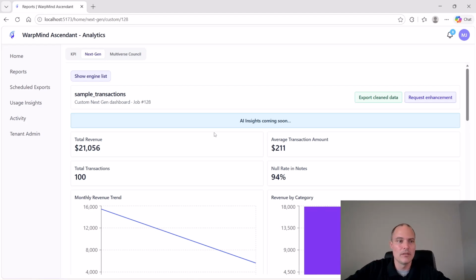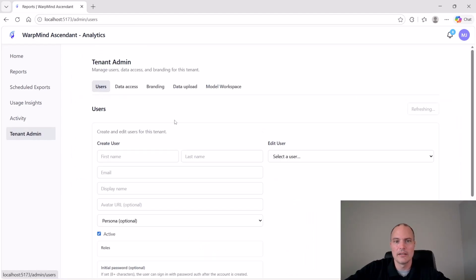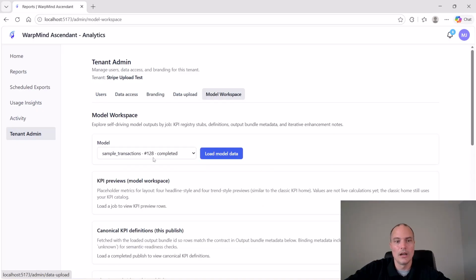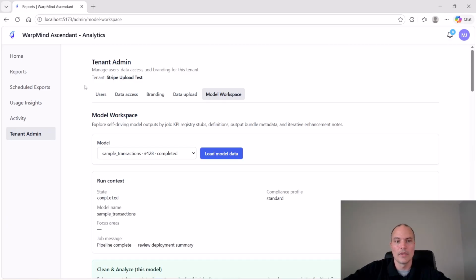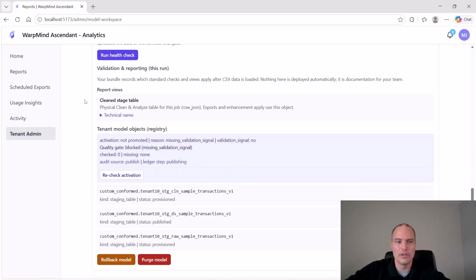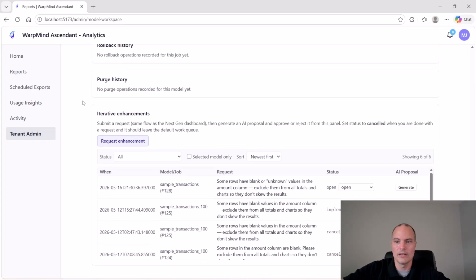And we are a tenant admin, so we're going to swing back to tenant admin. We're going to go to the model workspace where we have that model, and load this one up. That was the model, the CSV that we just loaded. Now that we have that loaded up, we're just going to go all the way down to the bottom here,